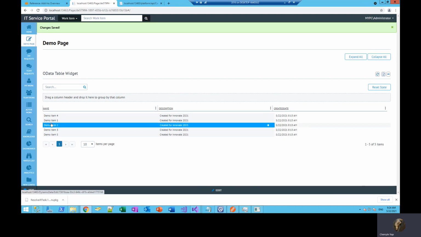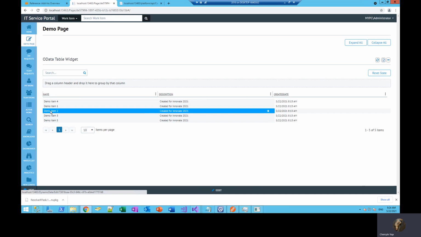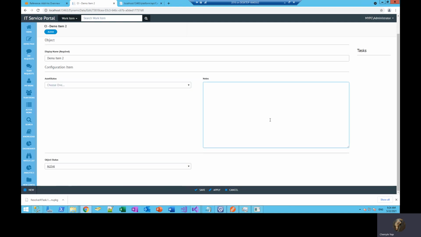Once you click on any of the items name, you will be redirected to a default form template similar to how you would see on a configuration item form back at the console.